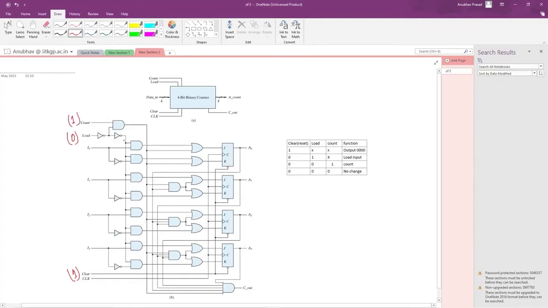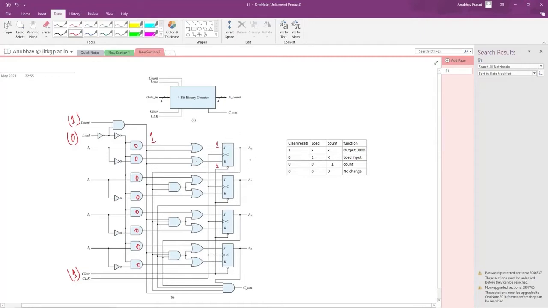So if the load is 0, all the inputs to this AND gate will be 0, and this line will be 1, and this line is input to all these OR gates. So this will make this J and K input 1. So we know that in case of JK flip-flops, whenever both the inputs are high, then the output toggles.